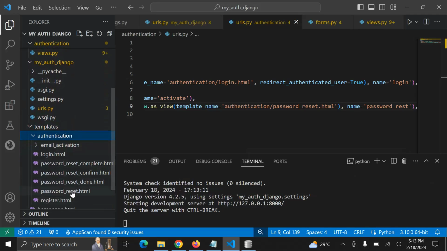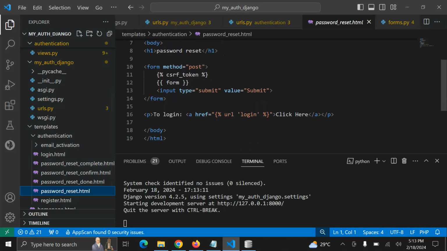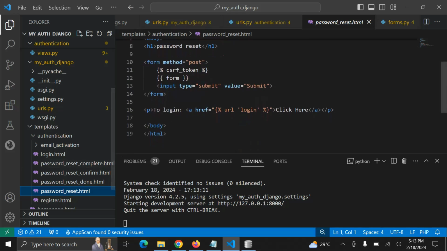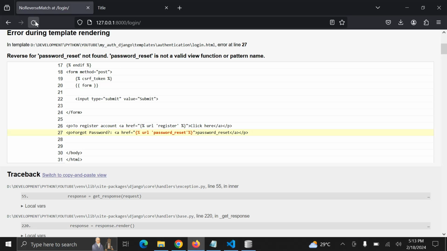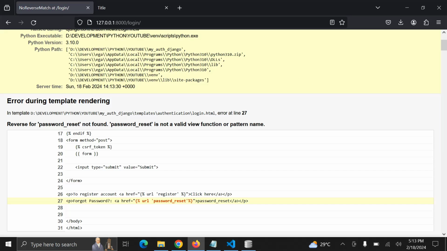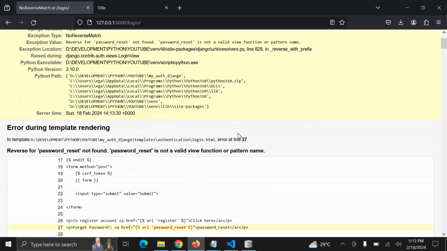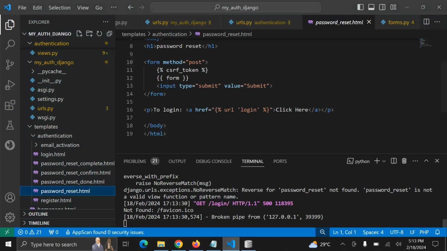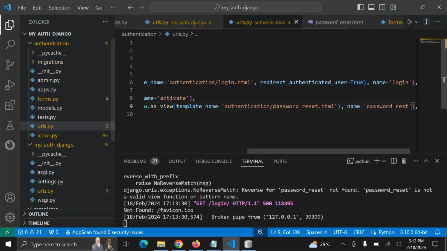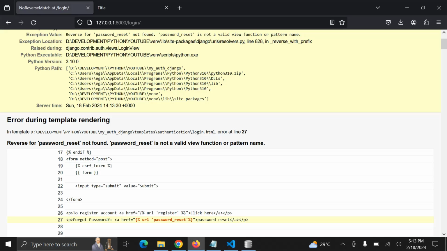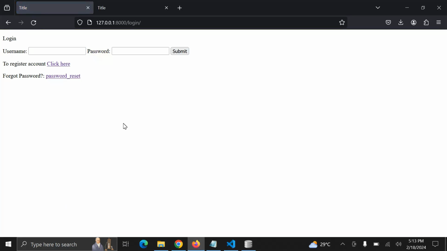Okay, there is this password reset. So I think this should be okay. If we try to refresh here, you can see password reset is not a valid function name. So what is happening? Reset. Okay, so if we try to refresh here,